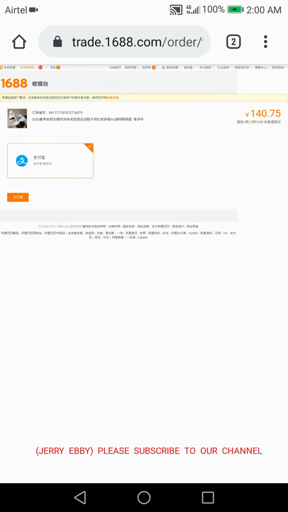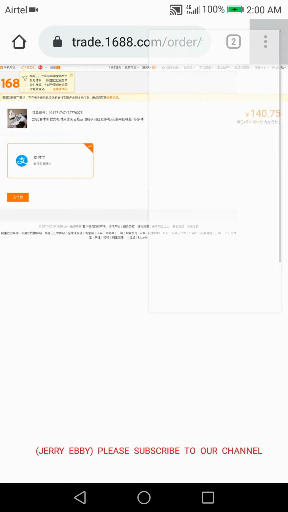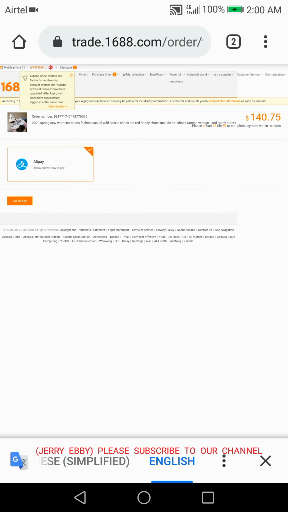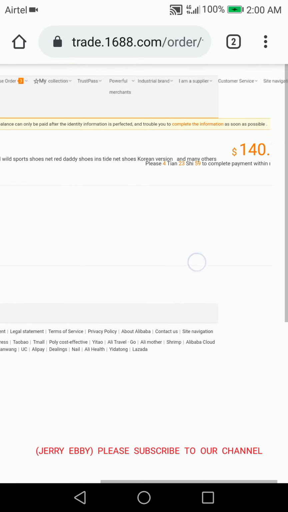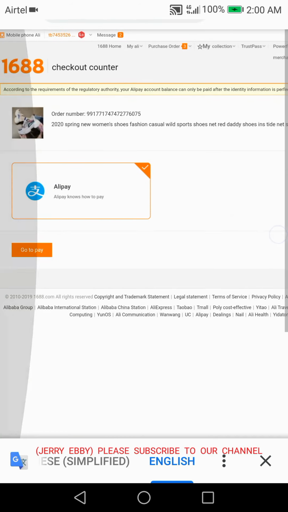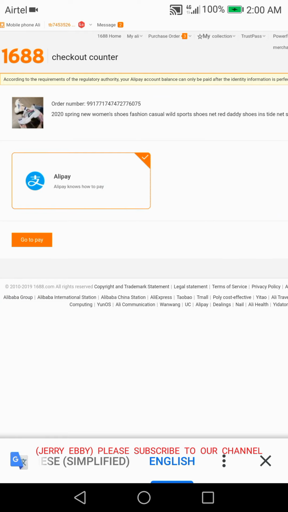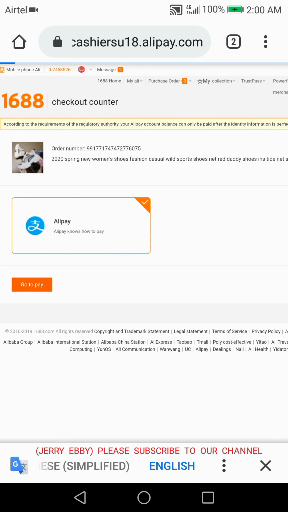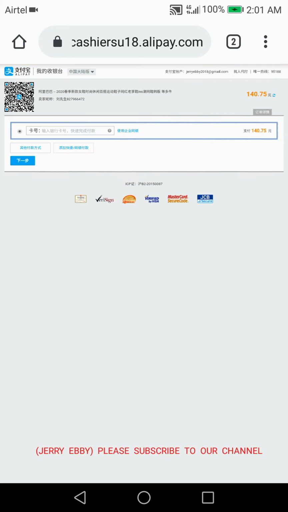Now it has taken us to this page. The next thing we do is translate this page to English. Now after you have translated, the next thing you have to do from here is click on pay, because we are using Alipay. Now you click on pay, but you are not the one to pay. When you click on pay, you allow it to load. Always check if it's still on computer mode, desktop mode, because it's very important. Once you leave the desktop mode, you can't